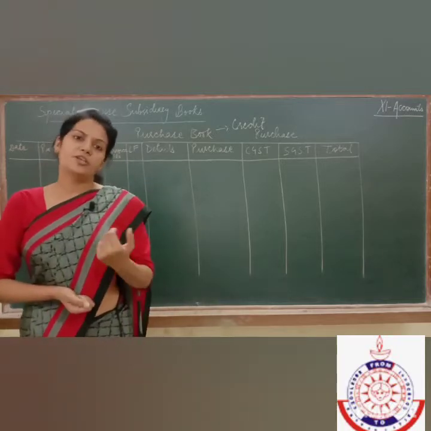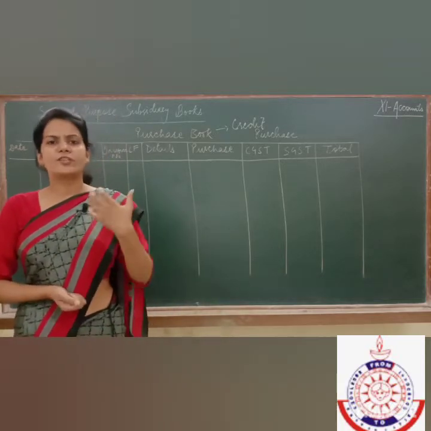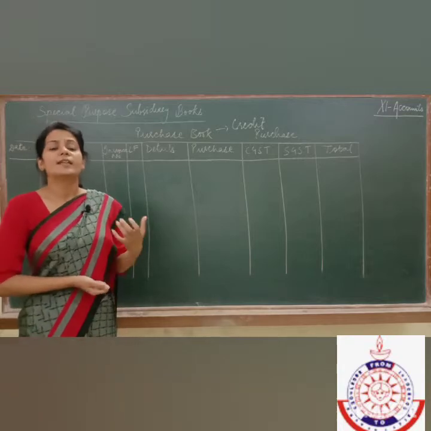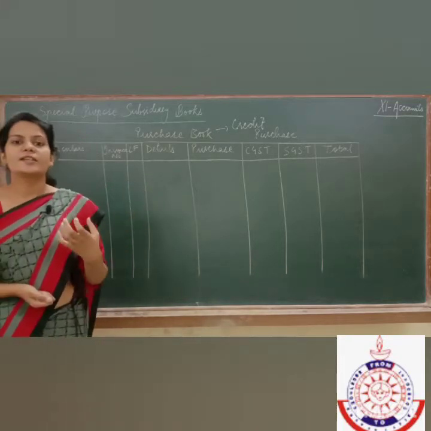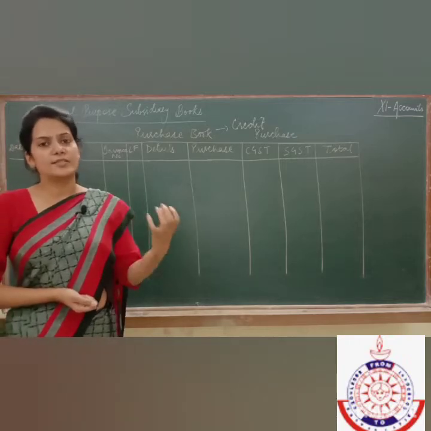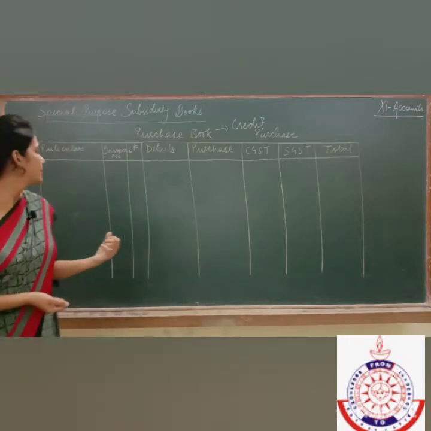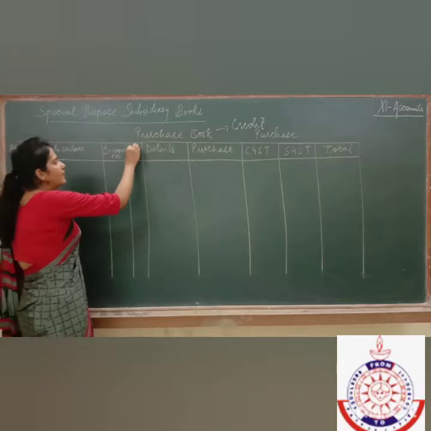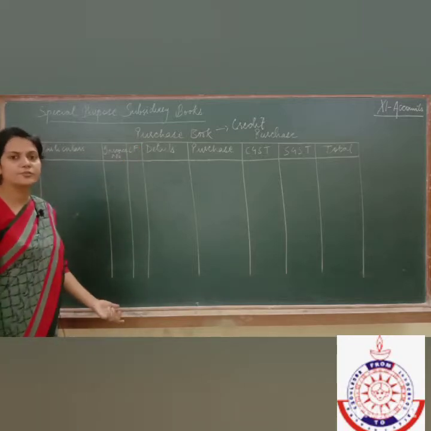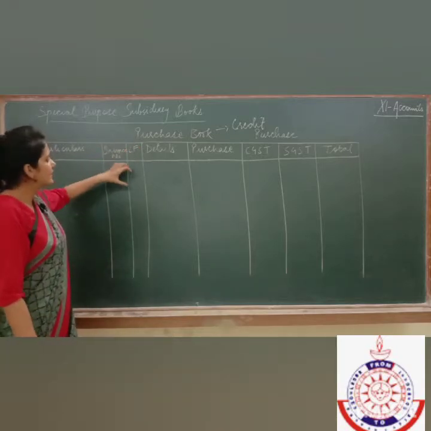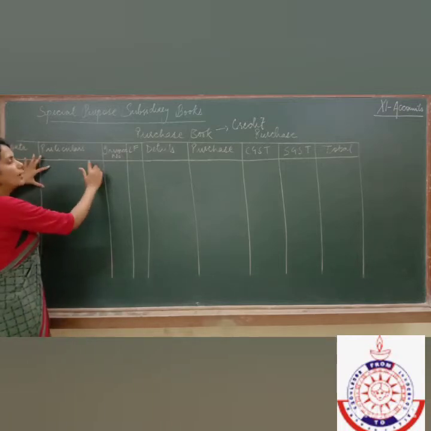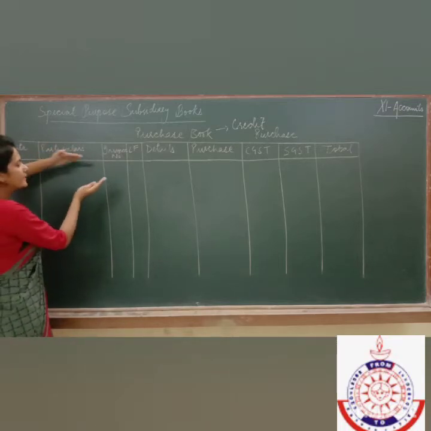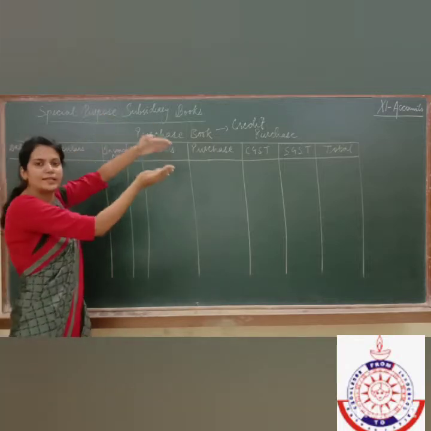A chapter is there in your book which we'll be starting very soon. In that chapter you are going to learn about various vouchers, like the things which serve as the proof of the transactions. Next is LF. LF stands for ledger folio. As you know, ledger folio means that suppose if I am writing the name of a person over here from whom I have purchased the goods, then this transaction will be recorded in ledger also.